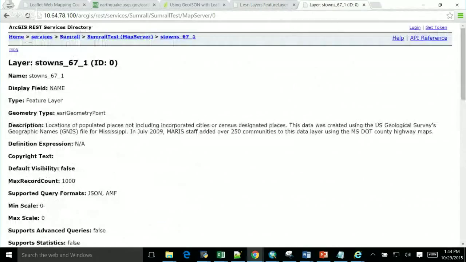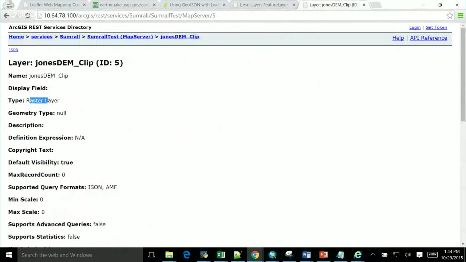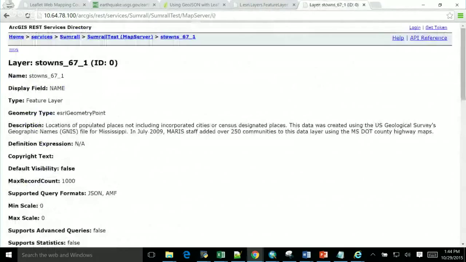And that layer will work because it's a point layer. This layer right here, Jones County DEM, won't work because it's a raster layer. But S-towns will work. So the URL that you see right there is the only URL you need to be able to put it into Leaflet, all the way out to the 0. With a feature layer, you're adding data from an individual layer, not from an entire map service. So that /0 on the end means it's the very first layer in this